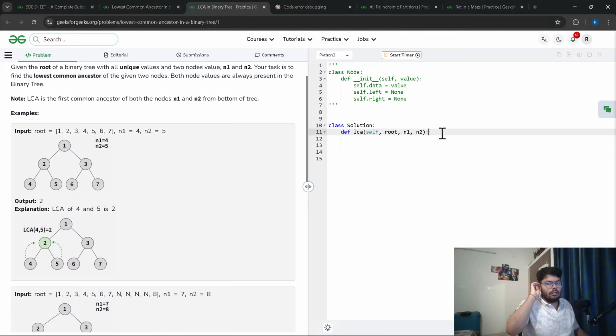Hmm. So we need to look for N1 and N2 in the left and see if it is there or not. If it's there, return it. If it's not there,